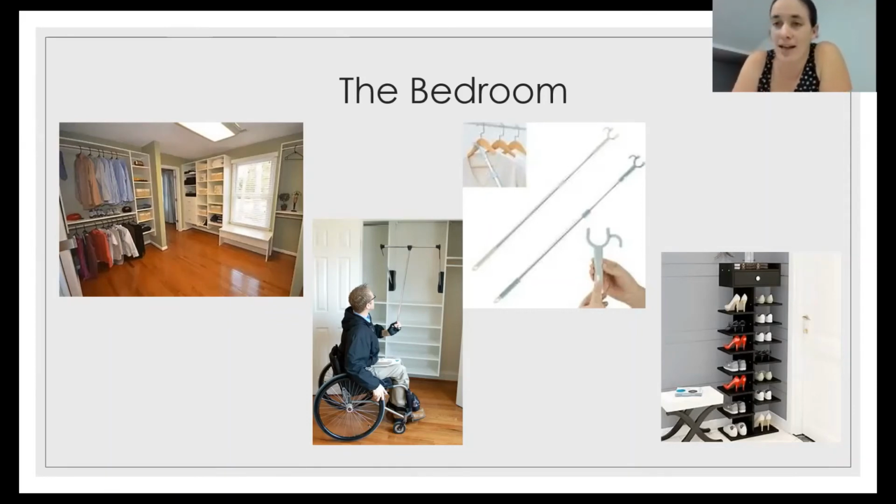One of the common things I do is have all my shoes on the floor, which when I was having issues with my back caused significant issues. So I did a bit of reorganizing of my shoes and popped them all in a shoe holder. So this is a permanent stand, but you can get